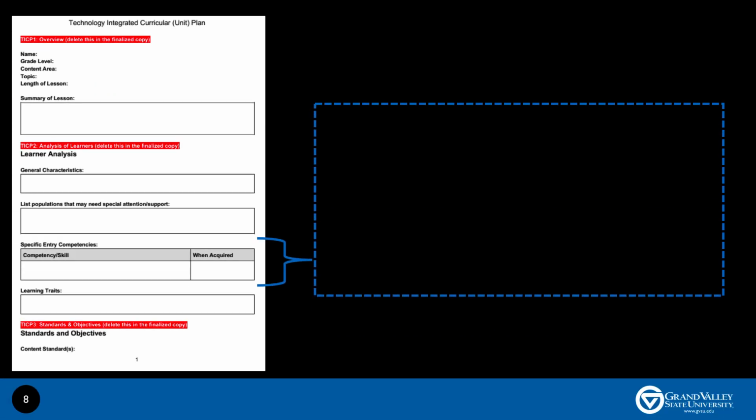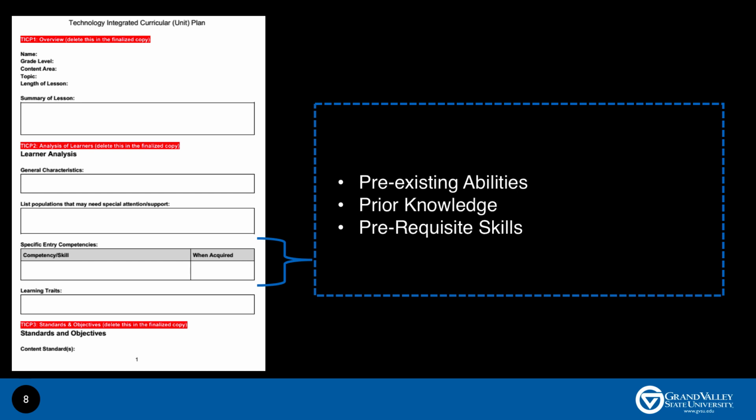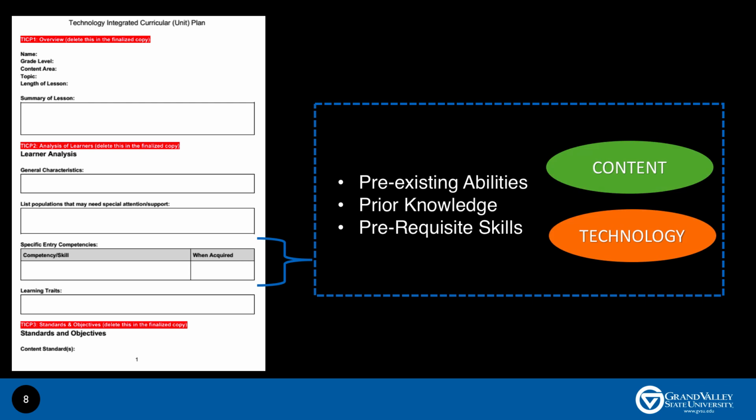The next section in the second milestone focuses on specific entry competencies. This is where you should be asking what pre-existing abilities, prior knowledge, and prerequisite skills do your target learners need in order to fully benefit from the lesson. Don't just say they're normal kids. You need to clearly identify the skills, both content related and technological, that they should have and state when they